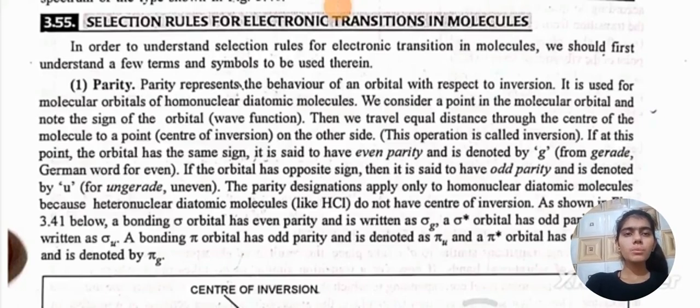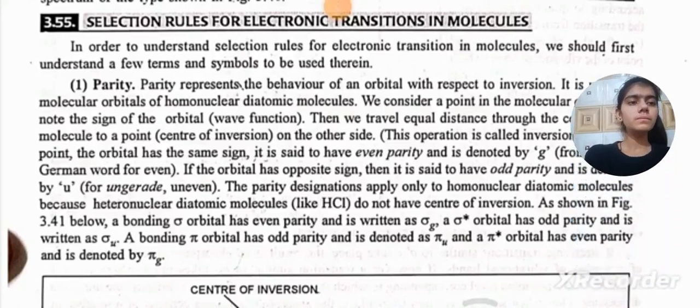If the orbital has opposite sign, then it is said to have odd parity and is denoted by u for ungerade, that is, uneven. The parity designations apply only to homonuclear diatomic molecules because heteronuclear diatomic molecules like HCl do not have a center of inversion. As shown in figure 3.41 below,